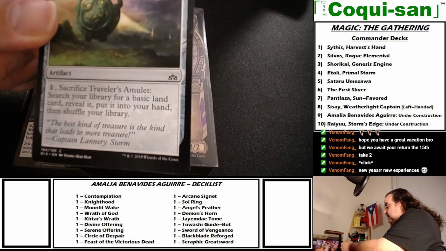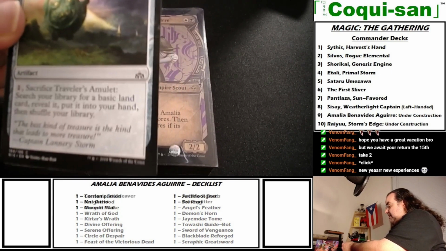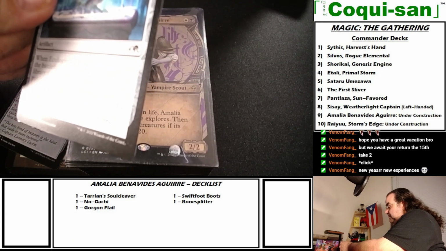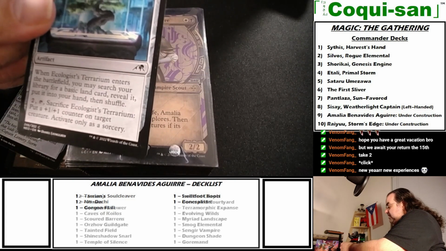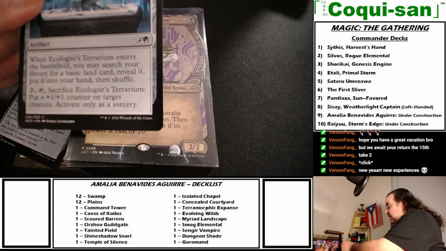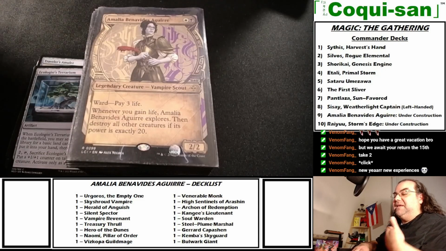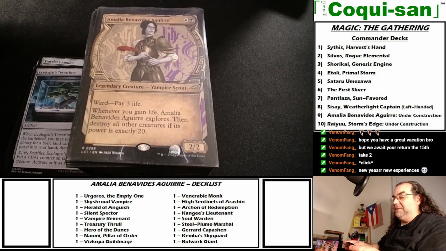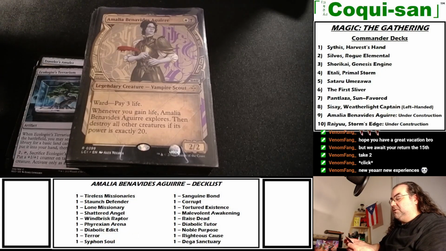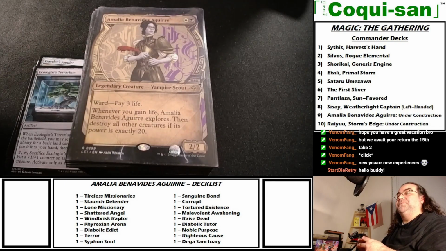The Traveler's Amulet: pay 1 mana and sacrifice the amulet, and I can search the library for a basic land and put it into my hand. And Ecologist Terrarium, where I do the same thing. When it enters the battlefield, I search for the basic land and put it into my hand. If I pay 2 mana, tap and sacrifice the Terrarium, I get to put a +1/+1 counter on target creature, sorcery speed, which is not bad. It's a pretty good card. But the lands go into the hand, so there's not much in terms of ramping. It's not going to help on the ramp. So to help also expedite Amalia's ability, so I don't have to wait for